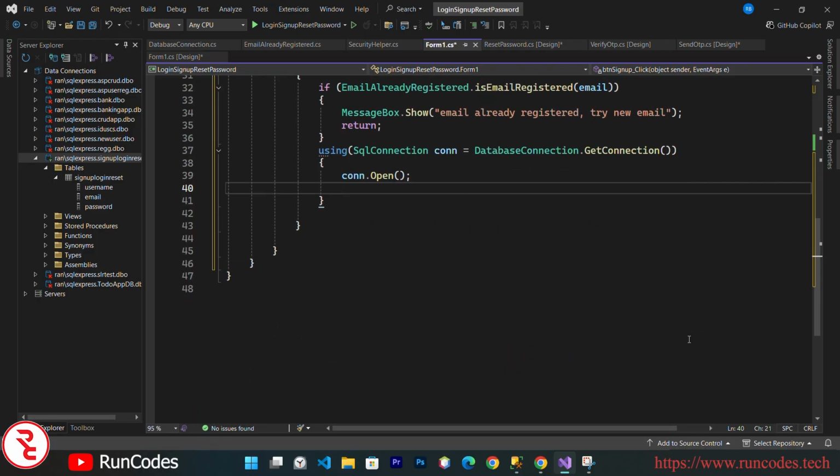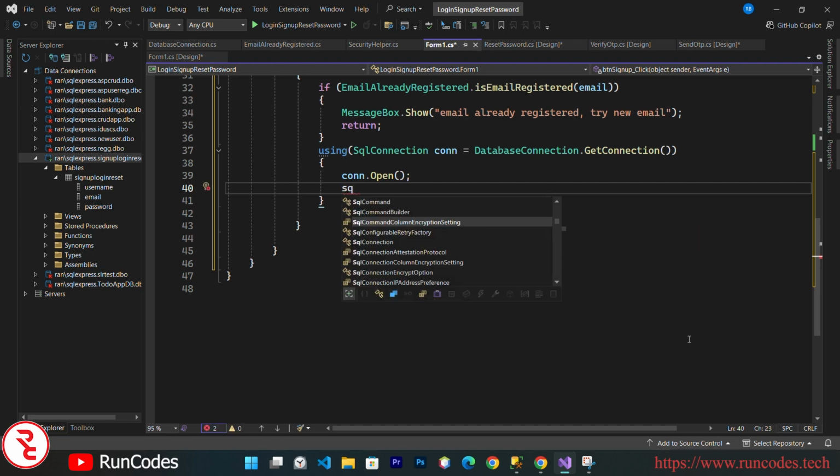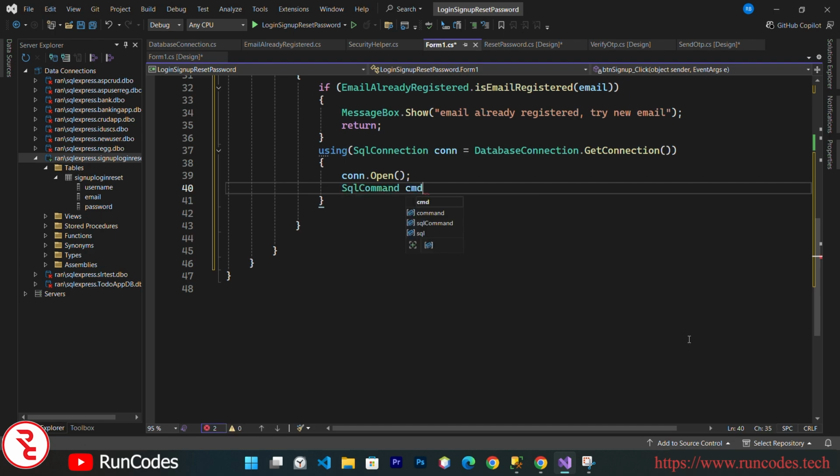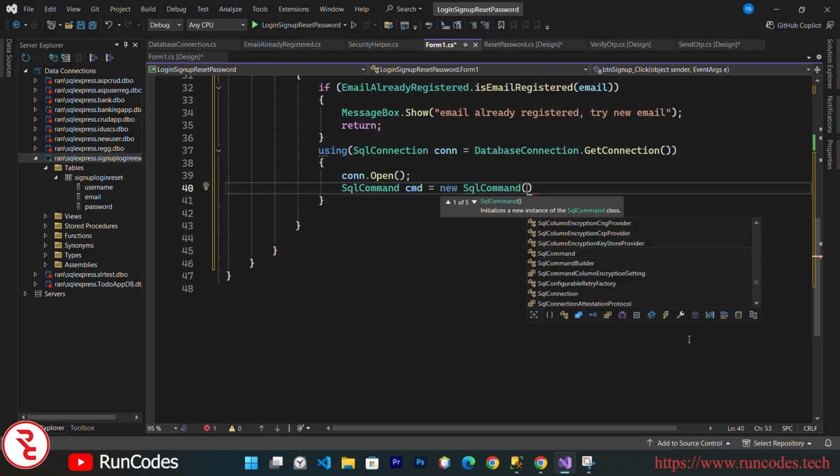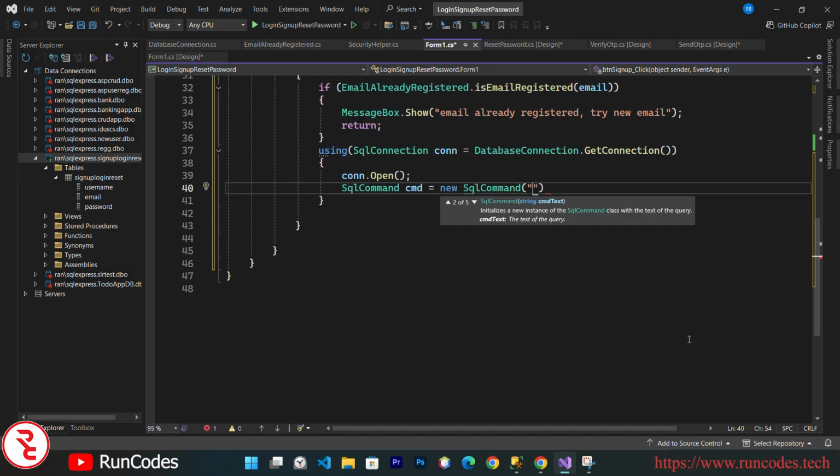Let me scroll down a little bit. SQL command cmd is equal to new SQL command, and here we are going to sign up. Signing up means inserting data to the database. So we are going to write an insert query: insert into, what is our table name,